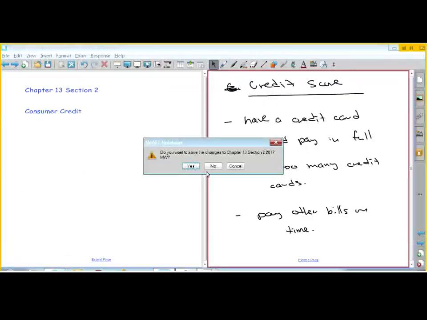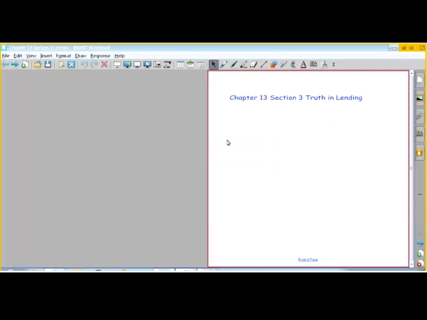So go to the next section. This one right here, section 3. There is only homework for the first 3 sections. And this section actually is very short. It's called Truth in Lending. The basic idea of this section is that there are regulations, unless Trump decides to stop the regulations, that were